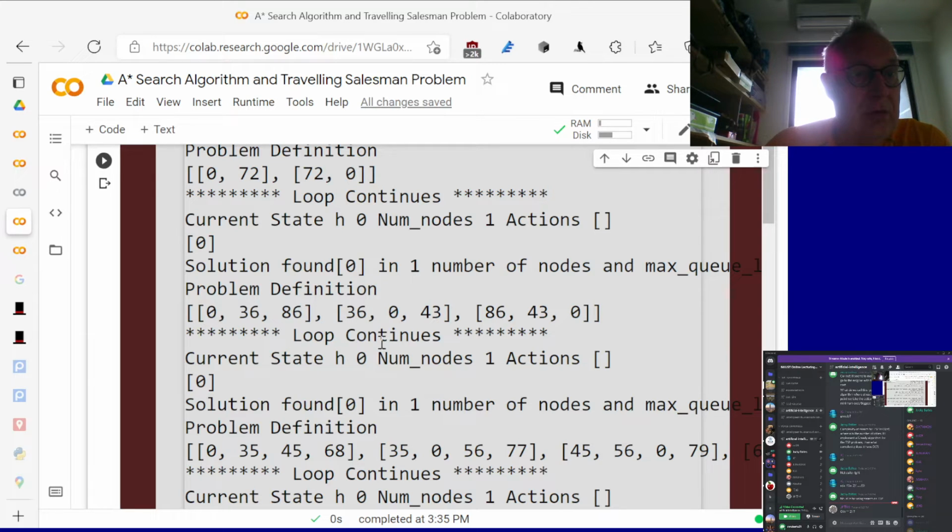Problem definition, so two cities, and it says it found a solution in one node. So that's wrong. Current state H0, number of nodes 1, actions 0,